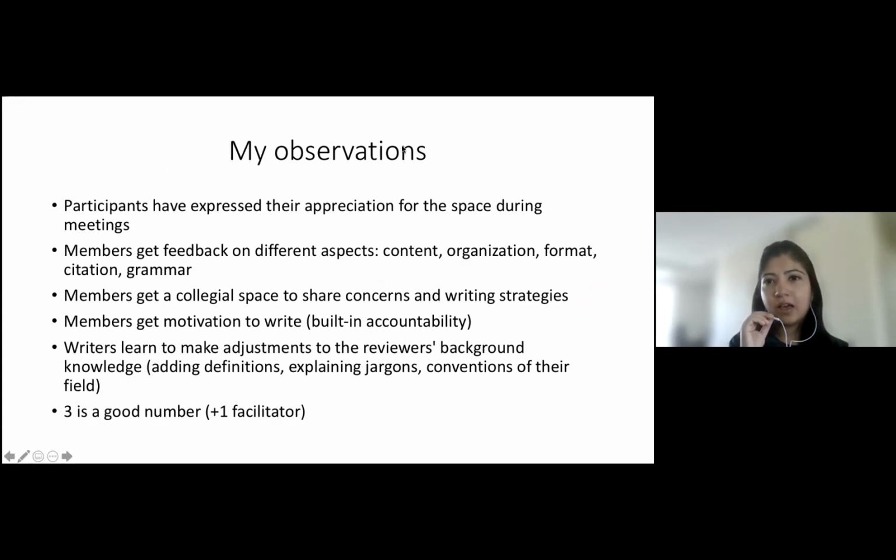You would think that since these are multidisciplinary groups, maybe all they would give feedback on would be grammar correction and punctuation mistakes, but that is not the case. Participants get really involved in each other's writing, and they make an effort to understand what the writing is about. Similarly, writers would write in a way to make it accessible to people for whom this is not their discipline. So they would perhaps provide definitions on the side.